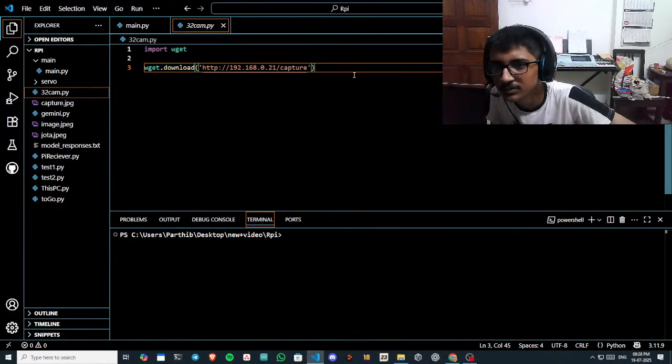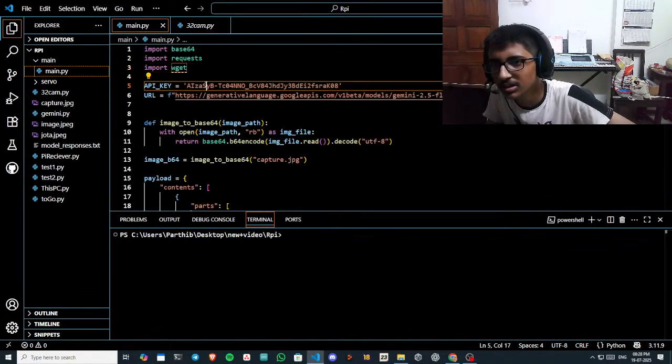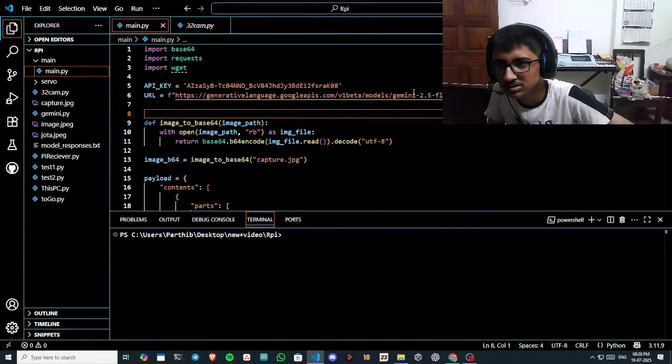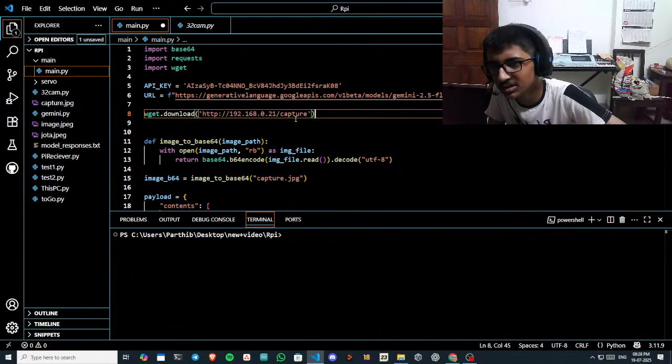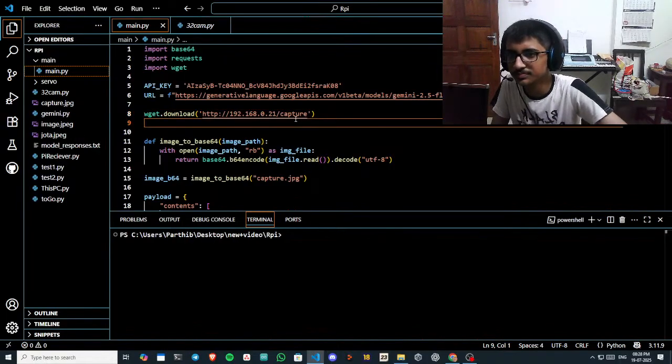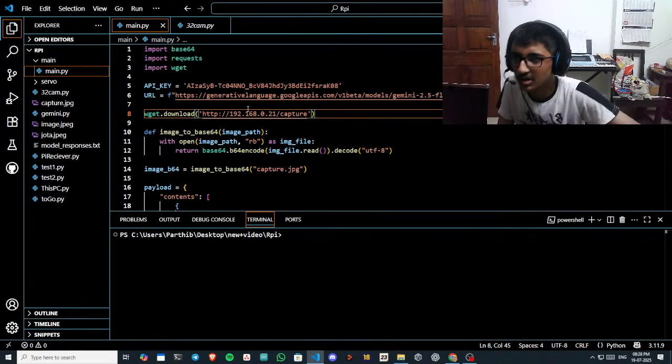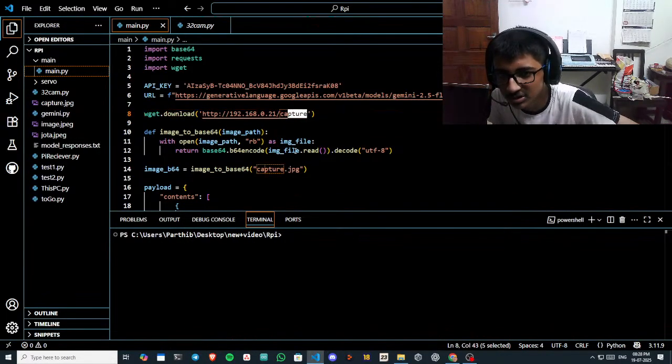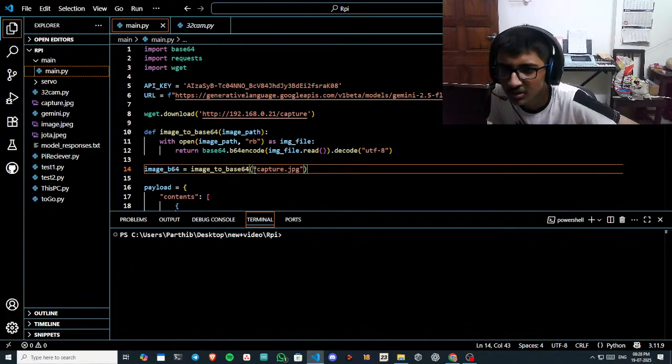ESP32 cam. So we can do this, wget.download this thing. Where will we do that? Right around here. So now we will have a file called capture.jpg in our directory, which will be passed on